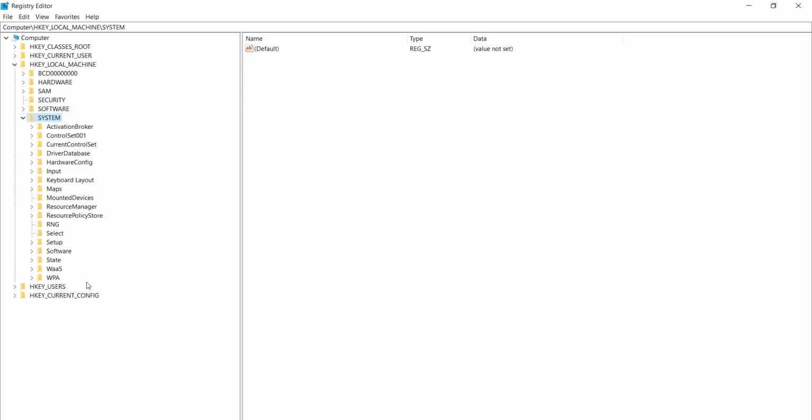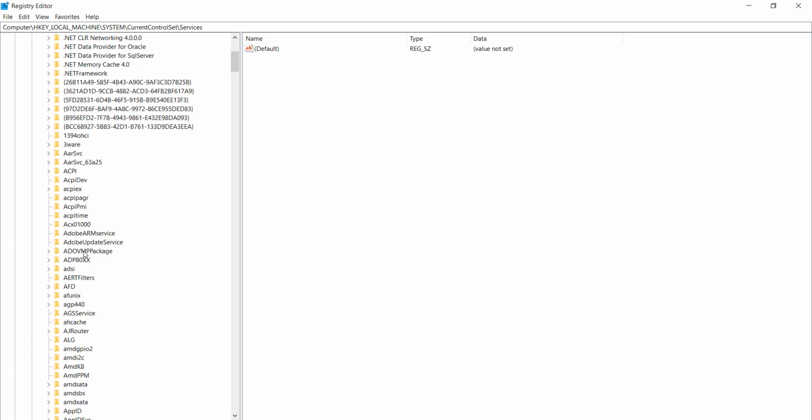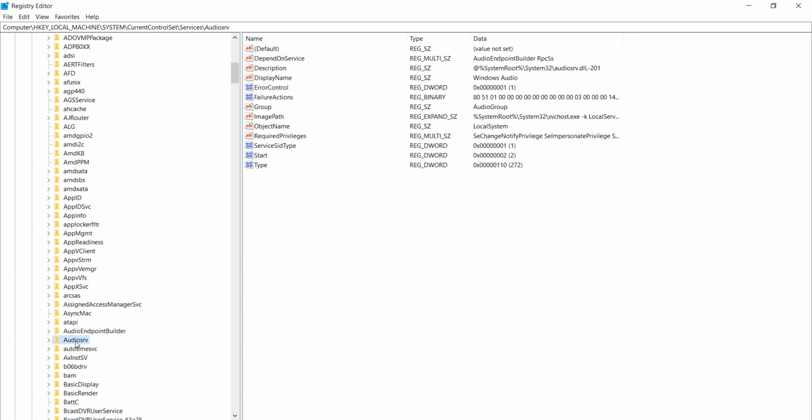After doing this, select CurrentControlSet and expand it. After doing this, select Services and expand it. After doing this, find Audiosrv. Now select Audiosrv,